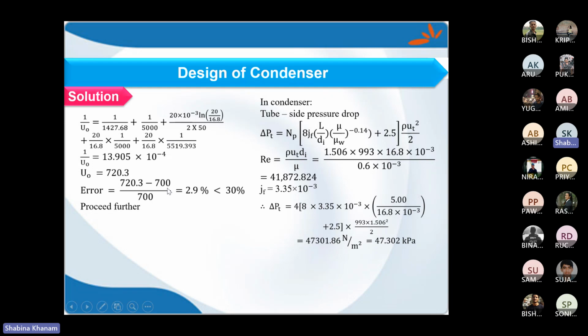Okay, if I consider the error in two U naught values, we can find that it is well below 30%. So we can proceed for further calculation. Otherwise, you need to replace the value you assumed with the calculated value and restart from area calculation and all. So overall heat transfer coefficient, we are getting within the permissible limit. So we will proceed further. And when I'm considering